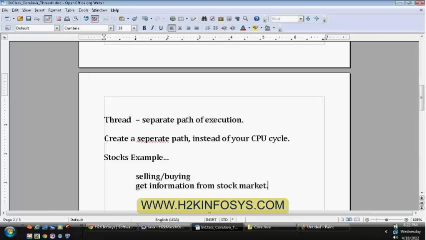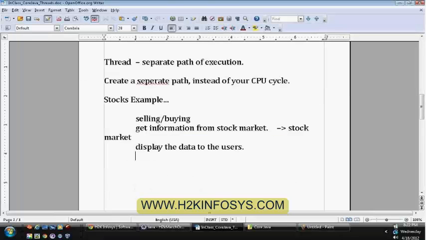Every second, they are supposed to retrieve the information from the stock market. And at the same time, they are supposed to display the data to the users, because the client wants to verify the up-to-date value and wants to place some orders. Orders in the sense either to sell the stock or to buy the stock.